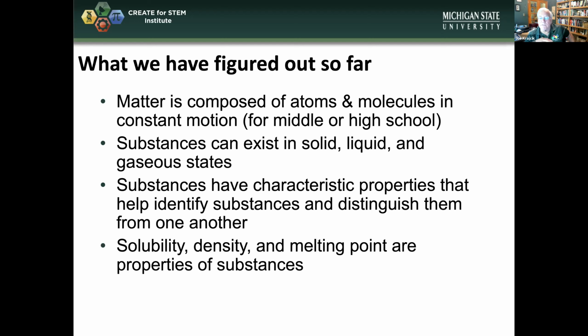We know that substances can exist as a solid, liquid, and gaseous state, so all three states. Substances have characteristic properties that we can measure, and that help identify a substance and distinguish it from others. Some of the properties that we know at this time are solubility, density, melting point,